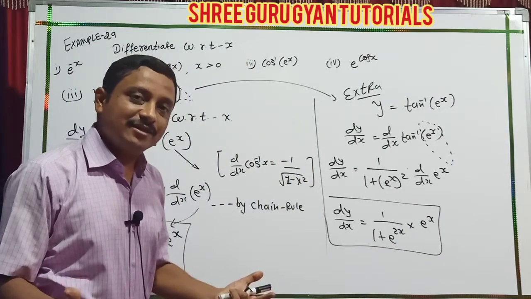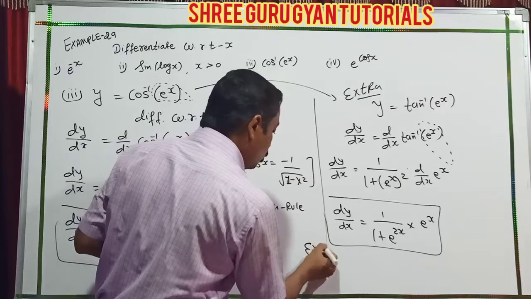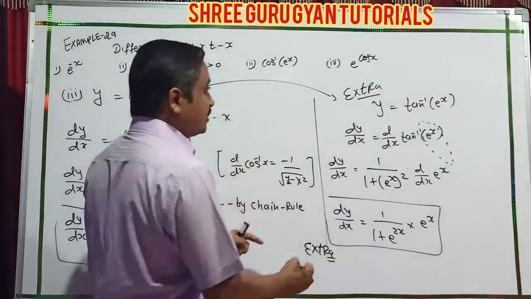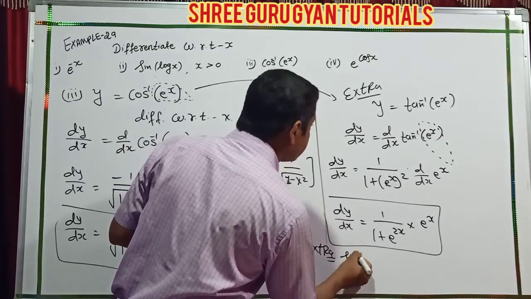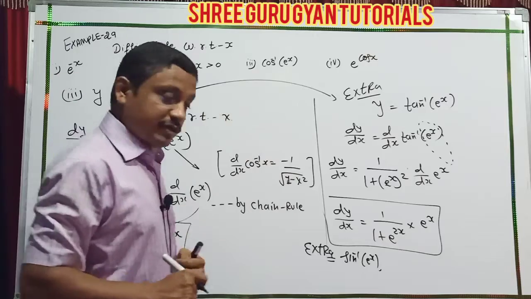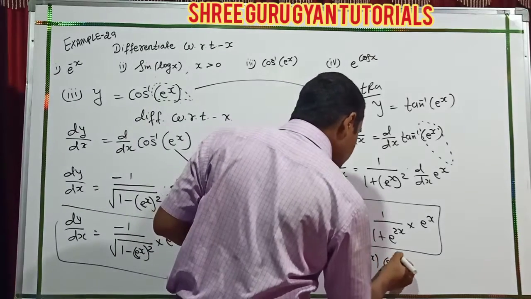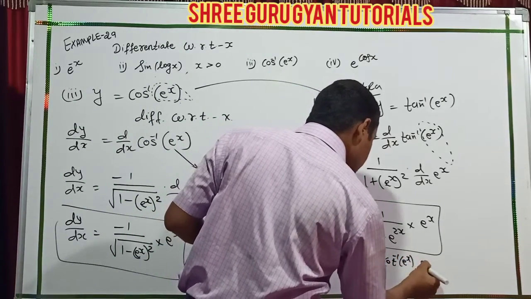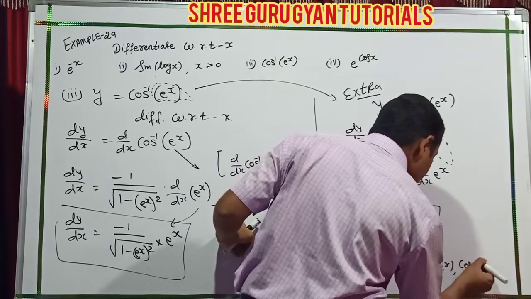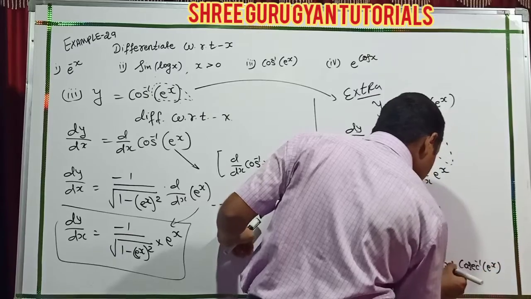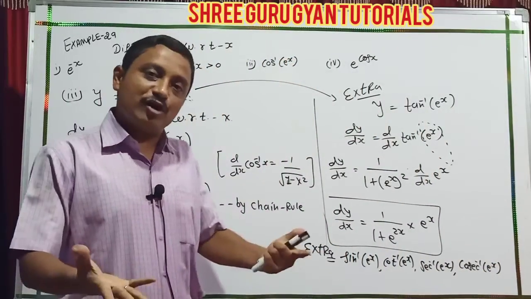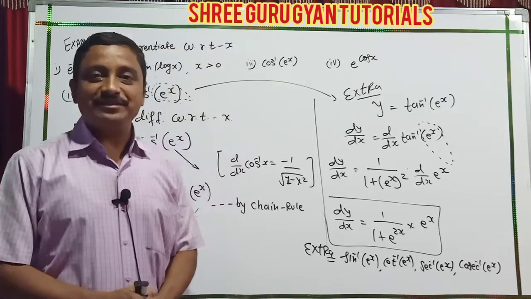Yes, very easy. Now for more practice, you do these types of numericals yourself. It is sine inverse e raised to x; tan inverse done, cos inverse given. So I just write down cot inverse, sec inverse and cosec inverse. Try that type, students, for more practice and build up your confidence at this derivative level.